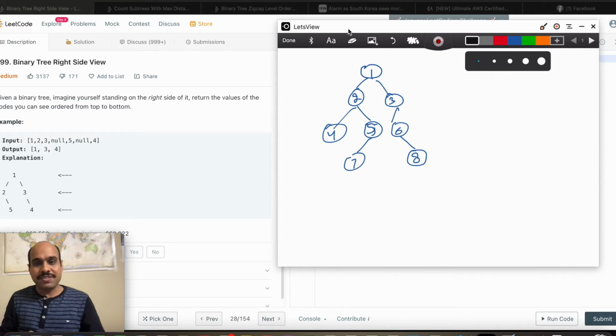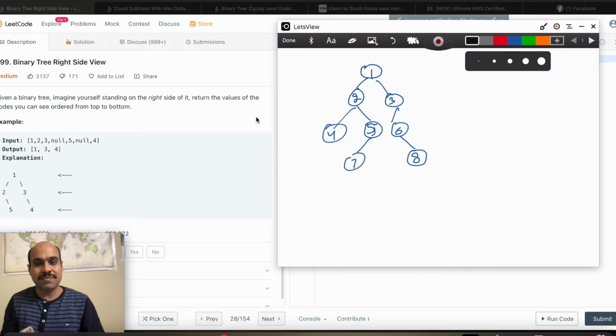So today we will see a very interesting binary trees problem, which is binary tree right side view. But using this approach, you can solve many other problems. For example, left side view, or finding the leftmost child of all the levels of a binary tree, or you can find the average of all the elements in a level. So there can be many problems which can be solved using this algorithm which I am going to show you.